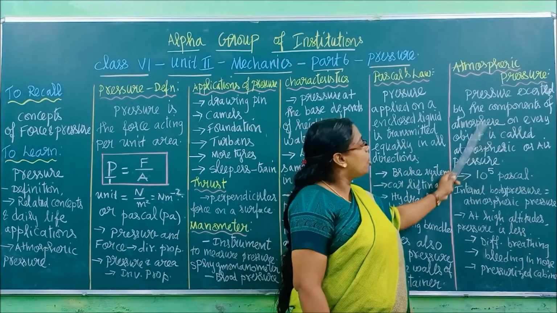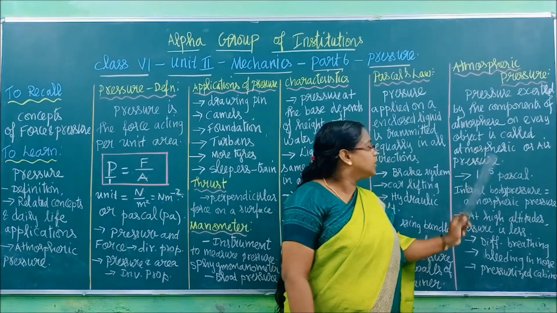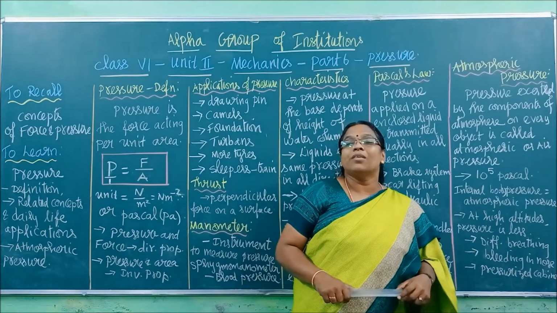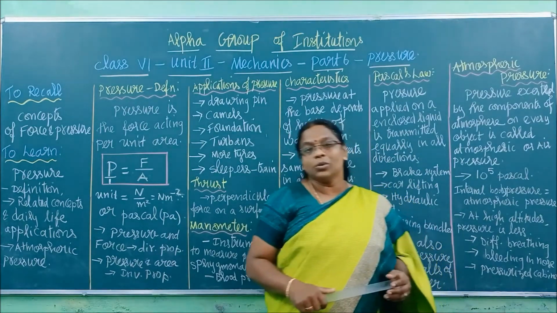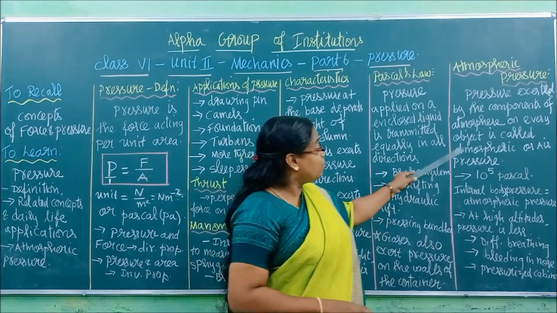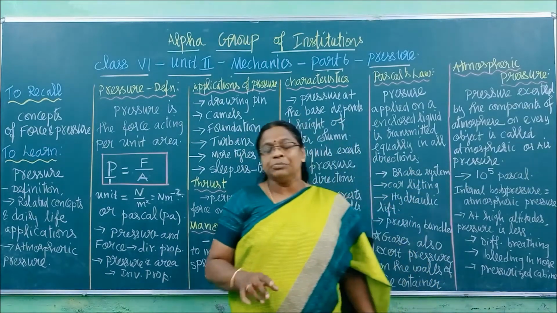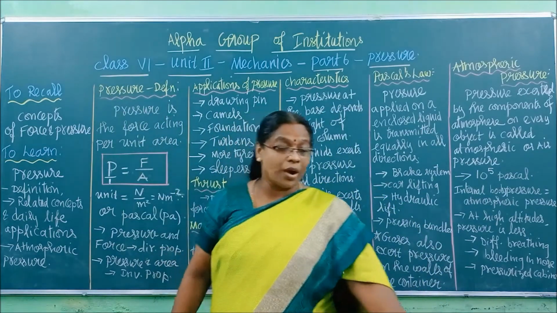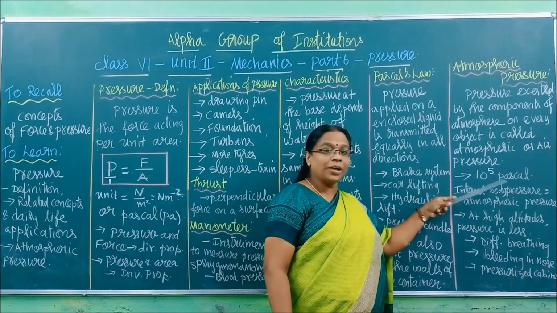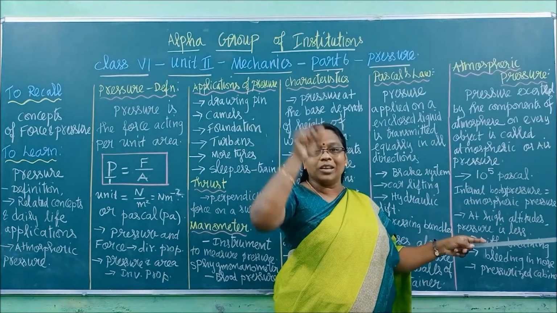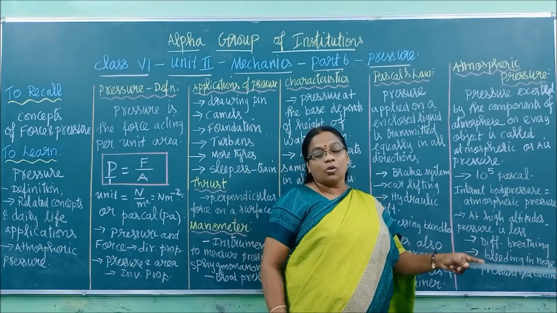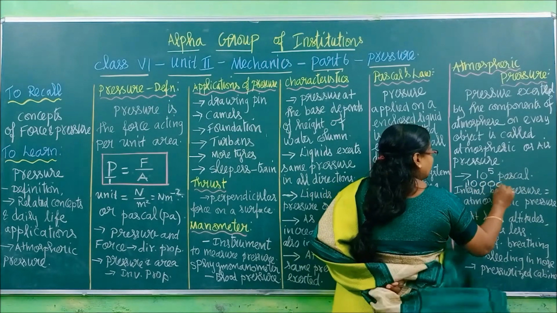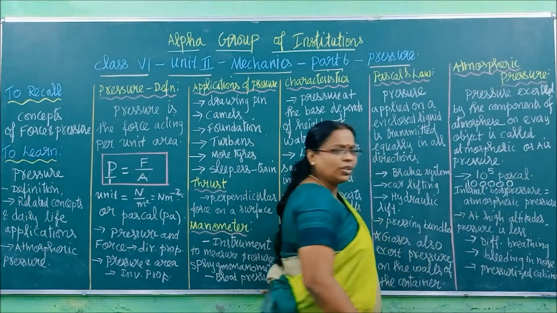So the pressure exerted by the components of the atmosphere on every object is called atmospheric or air pressure. It is equal to 10 power 5 Pascal. I told you what the unit of pressure is: Pascal. So atmospheric pressure is equal to 10 power 5 Pascal. Now one question can be asked. That much pressure, 10 power 5, means what? You know the meaning of 10 power 5? 10 power 5 means 1 and 5 zeros. How much is that? 1, 2, 3, 4, 5. What is this? 1 lakh, right?